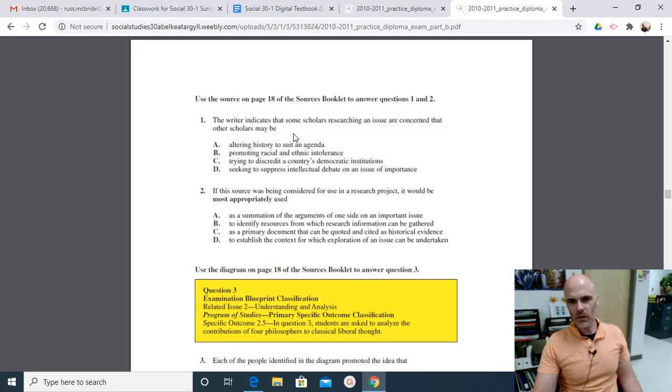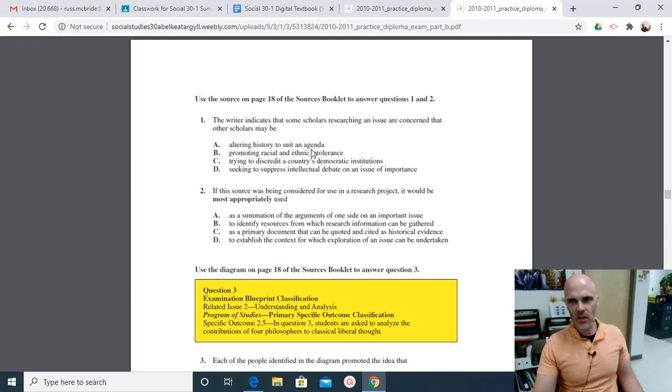This really presents itself as a reading comprehension question. It's using social studies as the backbone of the question, but at the same time, it's asking you to take a passage and to dissect it and to find an answer within the passage, and that really looks like an English language arts type of question. The writer indicates that some scholars researching an issue are concerned that other scholars may be altering history to suit